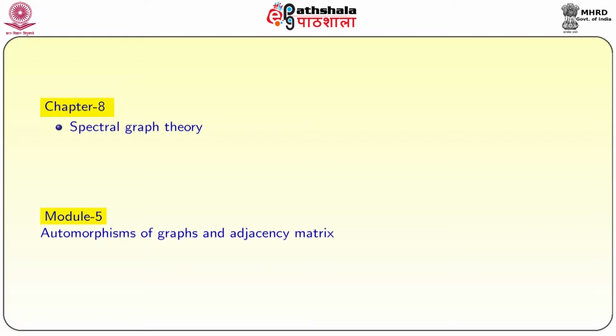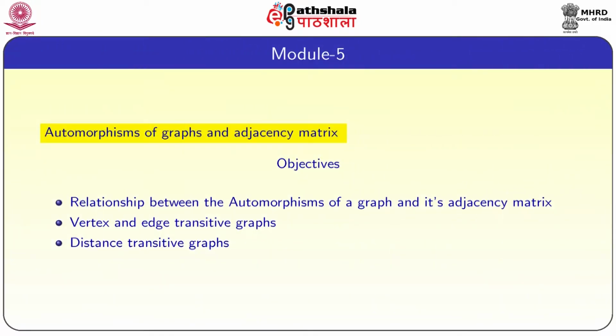In module 5 of chapter 8, we are going to discuss automorphism groups and their relation with the adjacency matrix. Objectives of this module are the relationship between automorphisms of a graph and its adjacency matrix, vertex and edge transitive graphs,